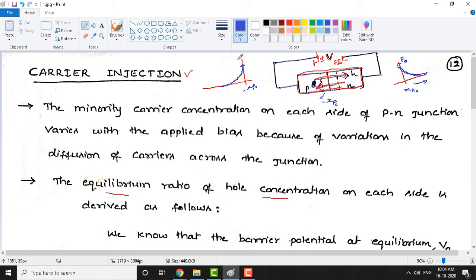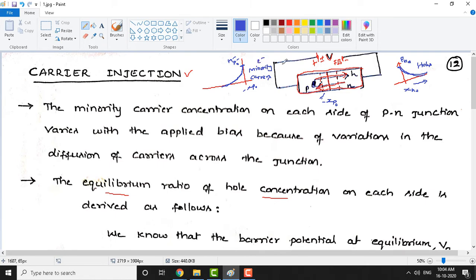So, this is electrons. So, this is n p naught. Okay, this is the minority carriers. So, this np naught means it is electrons on the p side. Pn naught means holes on the n side. So, both graphs are showing minority carriers here. Same way here also, this shows minority carriers of holes. So, this is holes representation. Here this represents electrons.